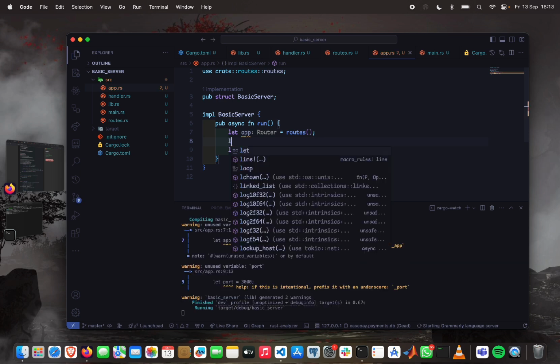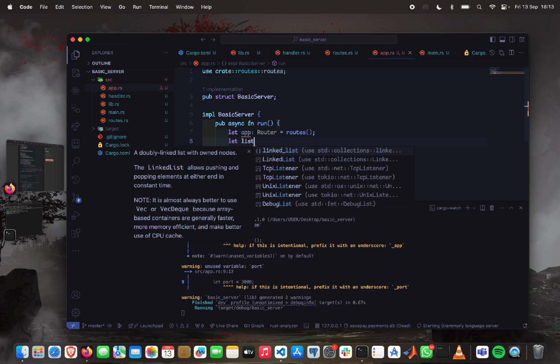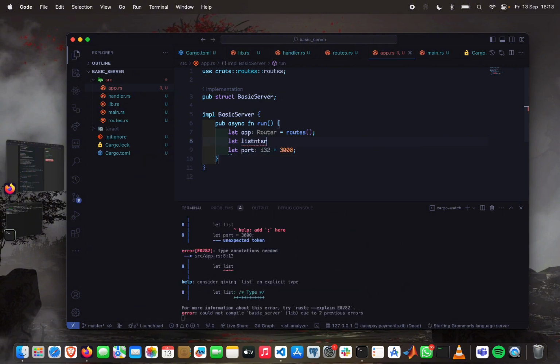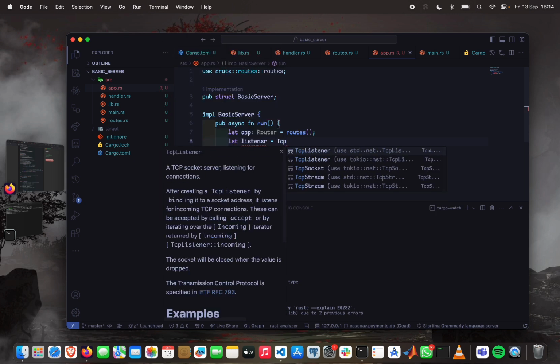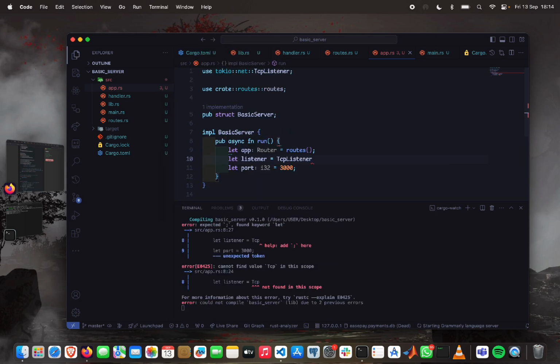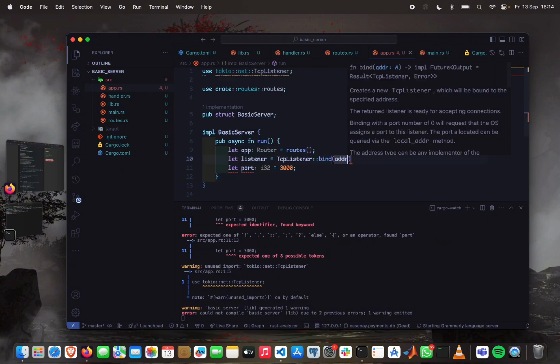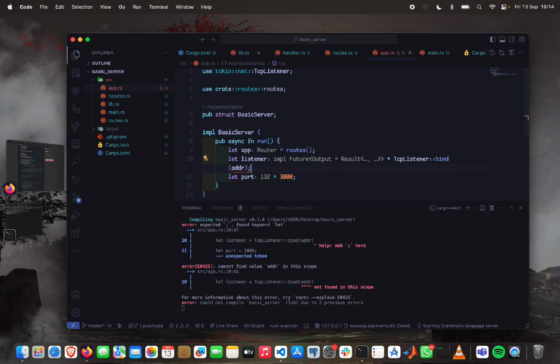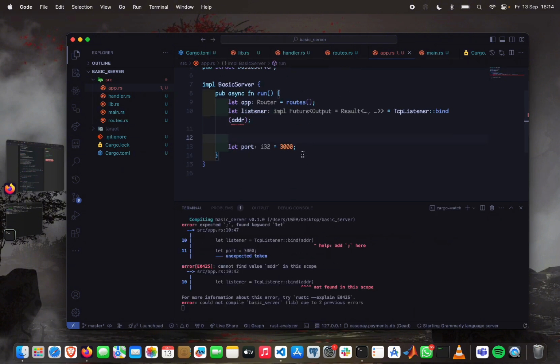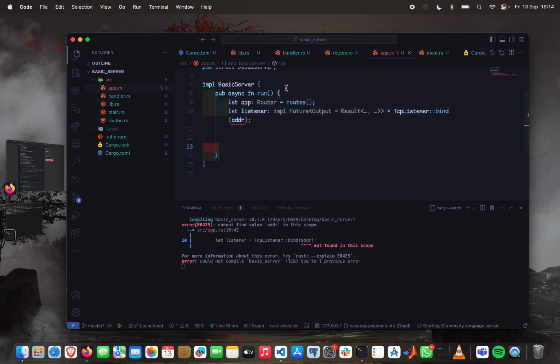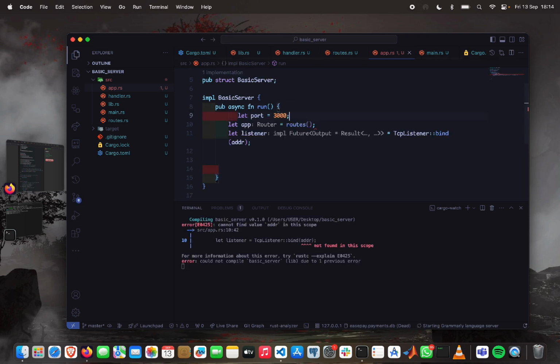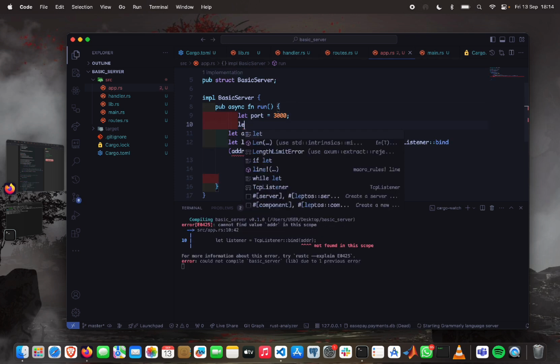So I can do so I need to bind it to an address. This is where the port comes in. So the port I was trying to create earlier, so I can see